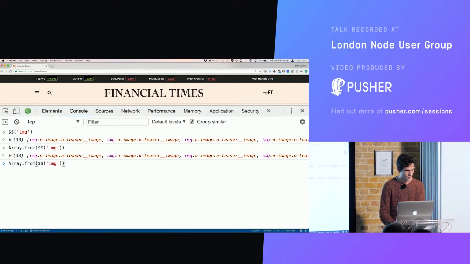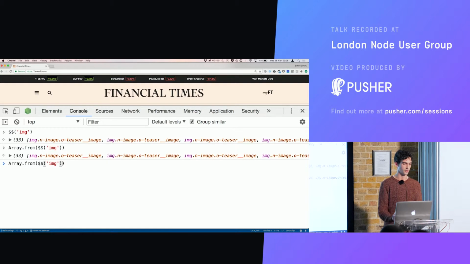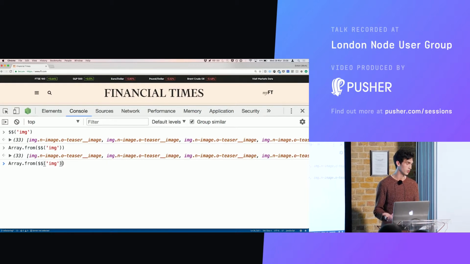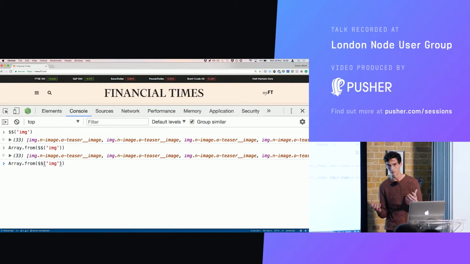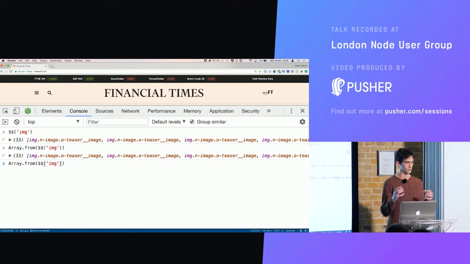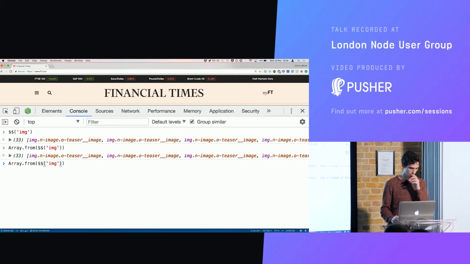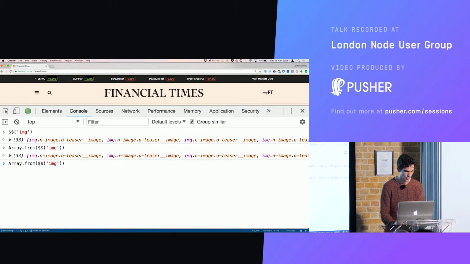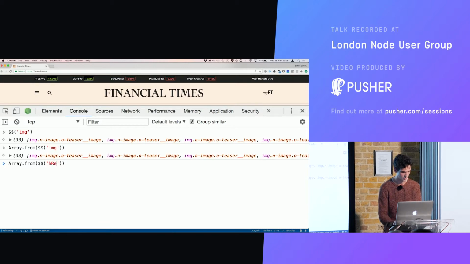But something I found out was that with array.from, you can actually give it a second argument, which is a function, and it's essentially a map function. So when it creates the array, it also uses that function to map over the elements. So, for example, if you wanted to get all the